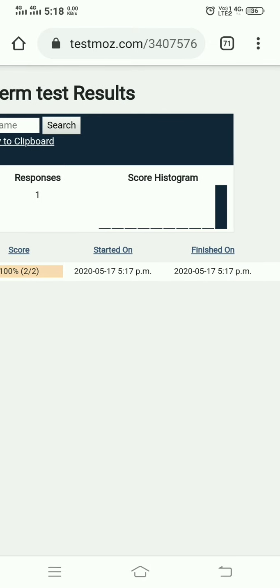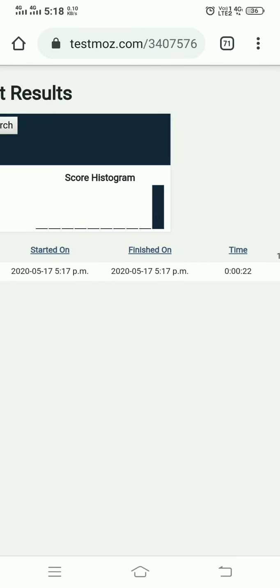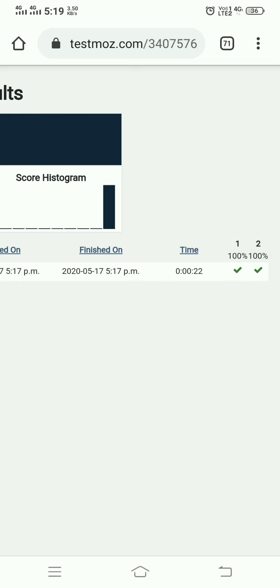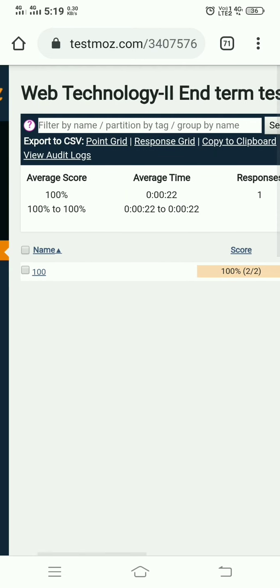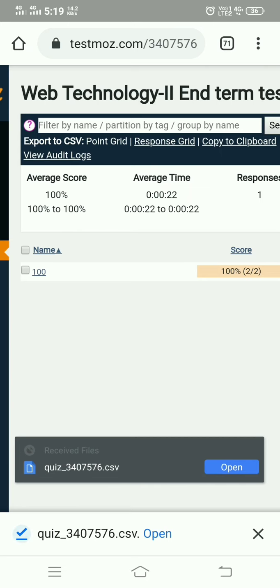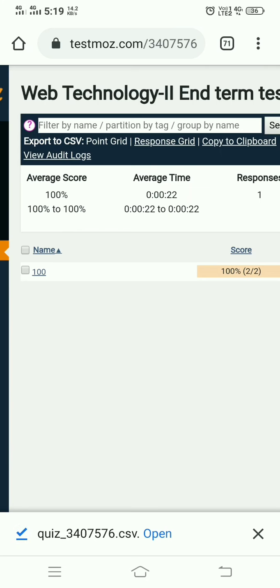then how many marks, then start on, finishes, then time, and the number of questions which are attempted, whether it is true or false. Again, one can download this result by using the point grid option. So here the result is downloaded in .csv format.